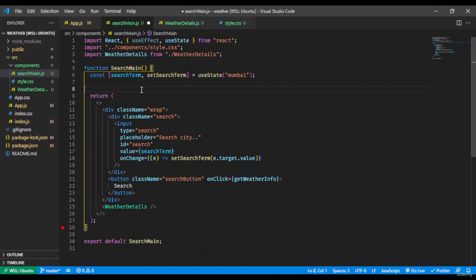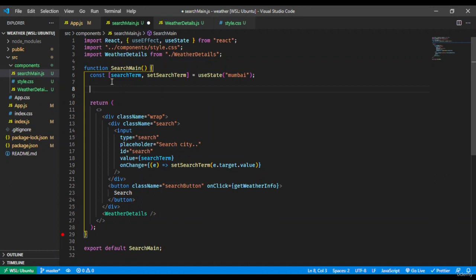Okay, so now that we are done with understanding the concepts, whatever we have understood like async, await, promises, try and catch, now we will implement all of that in our project. So first of all, we'll define this function. We'll make this function which we called here on the on click button, that is get weather info. So we'll define this function here,